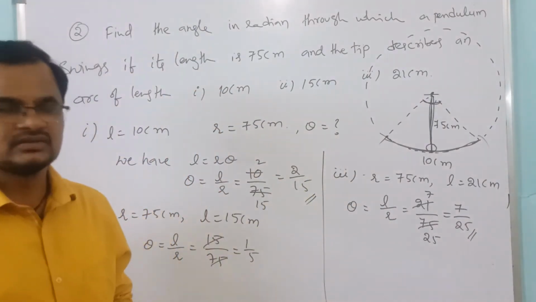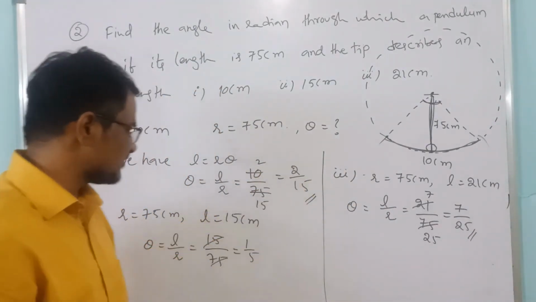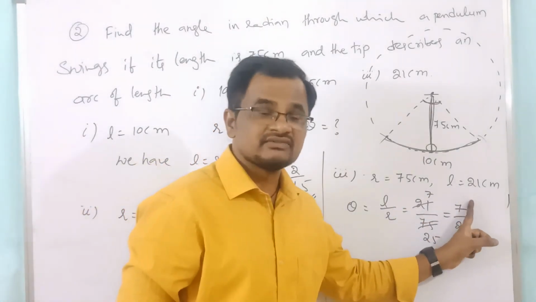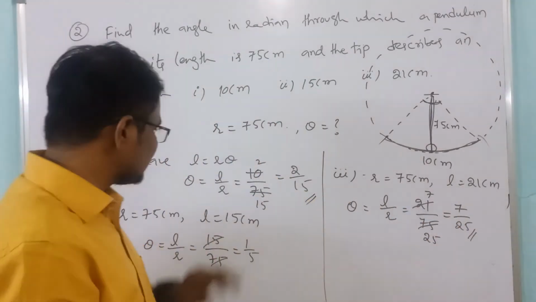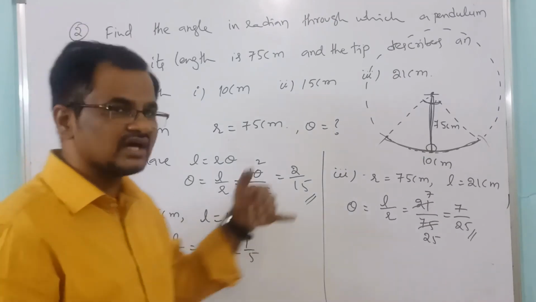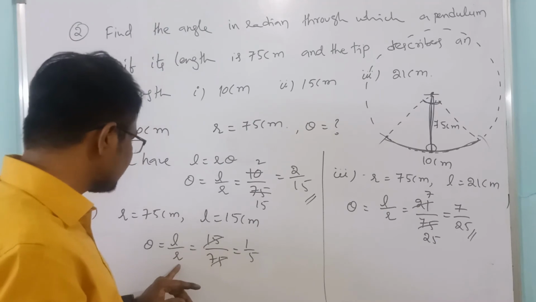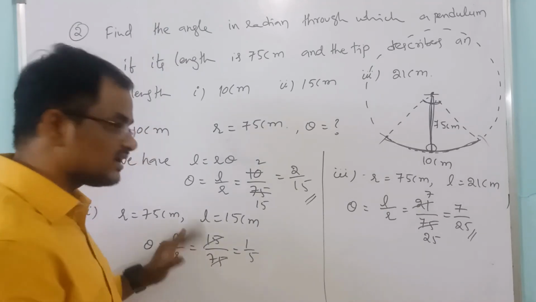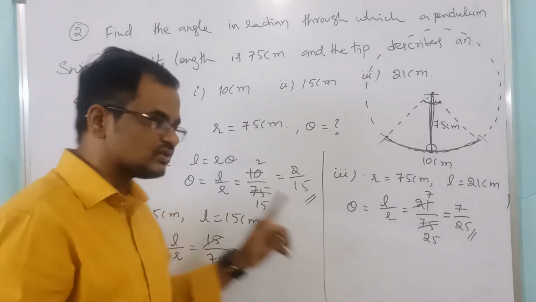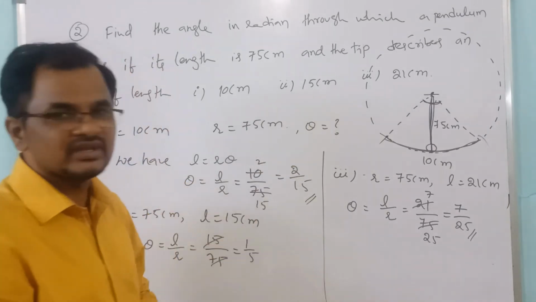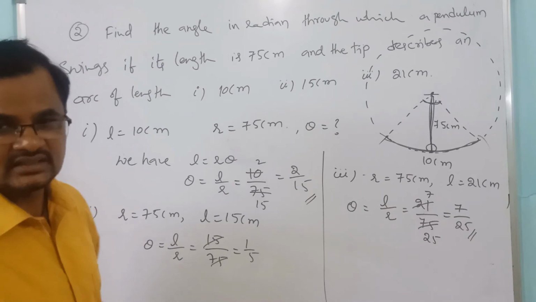This is the angle. Here in this case 2 by 15, in this case 1 by 5, in this case 7 by 25. Whenever length and radius are given, you have to take theta in radians only. Suppose theta is given in radians and the radius is given, and the length is asked, at that time also we have to take theta in radians only. Okay, so this is about the second problem, right? Next, third